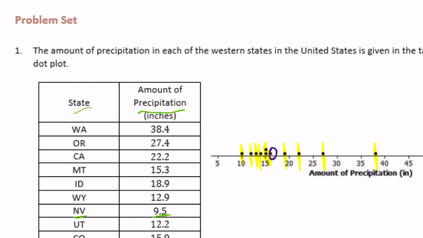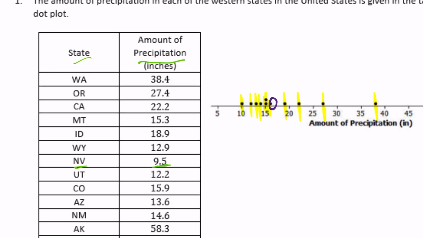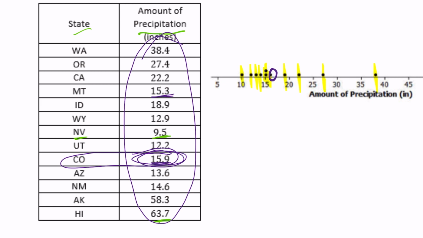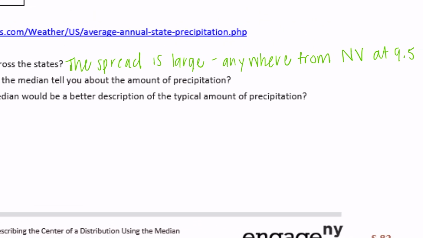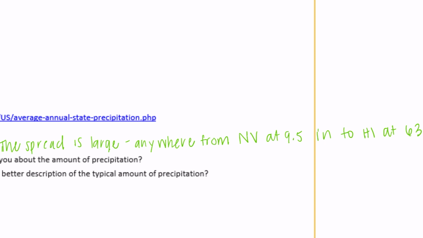So since they're not all the same, we have 15 3/10 and 15 9/10, but it's the bigger 15. So let's go with Colorado at 15 9/10. Another way you could have done it is you would have taken all of these and ordered them from least to greatest and then crossed off, and then you would have been sure that it actually is Colorado. So that's another way to do it, since this one had a lot of decimals and it's kind of hard to read. So let's see. The median was Colorado